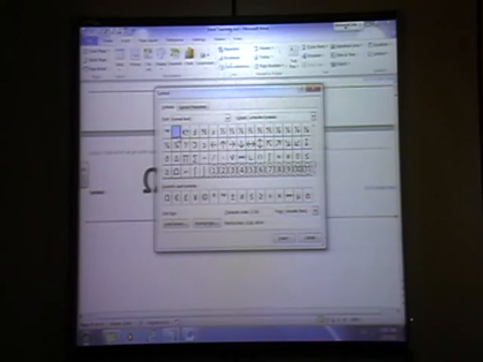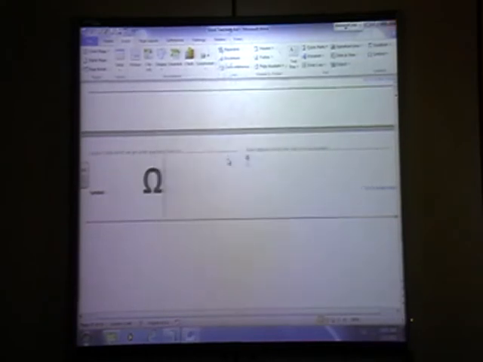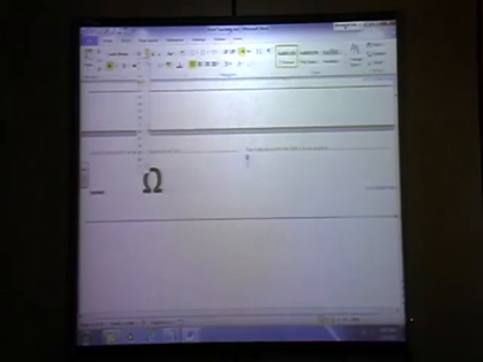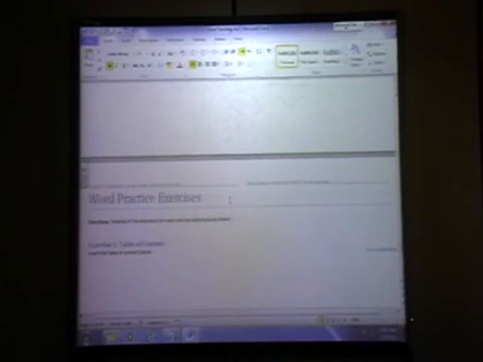You can get it from here. Insert. So you see this picture will come. You want to make it big. Choose this one, and from here you can make it big. Okay. This symbol, and this you will do in next class.